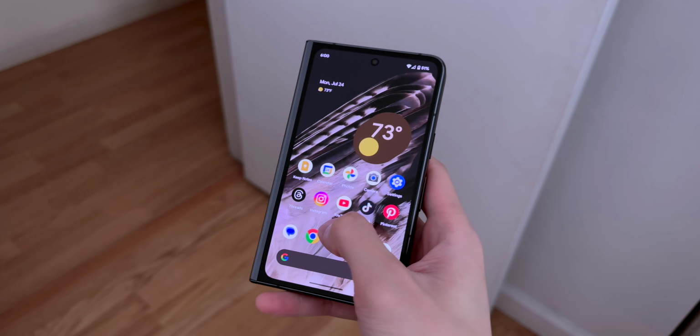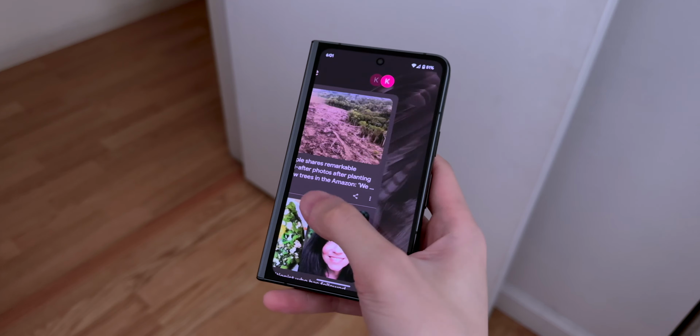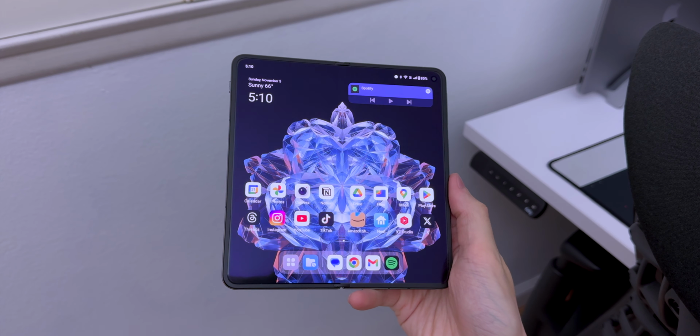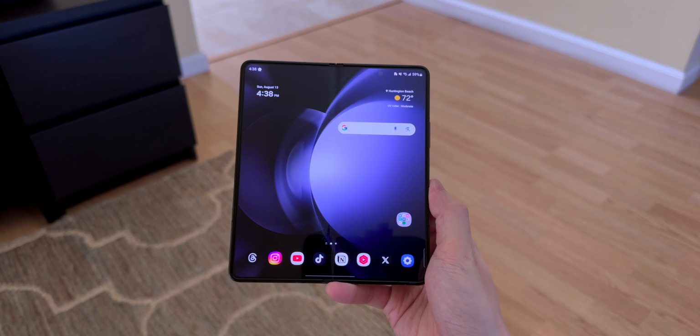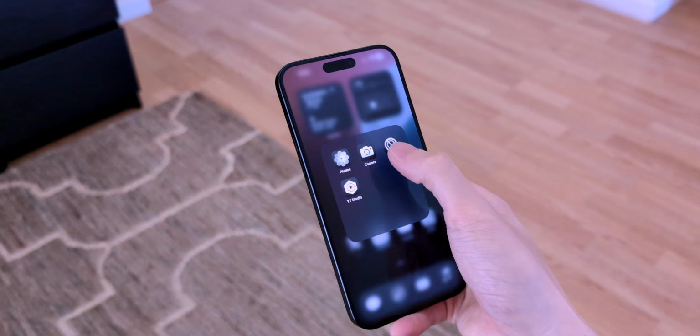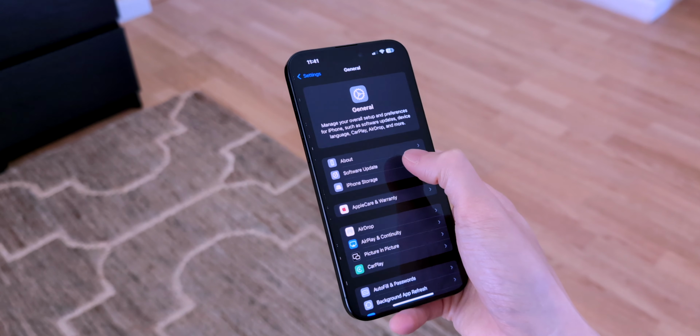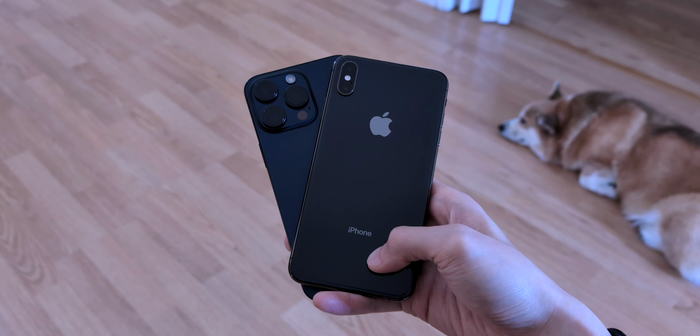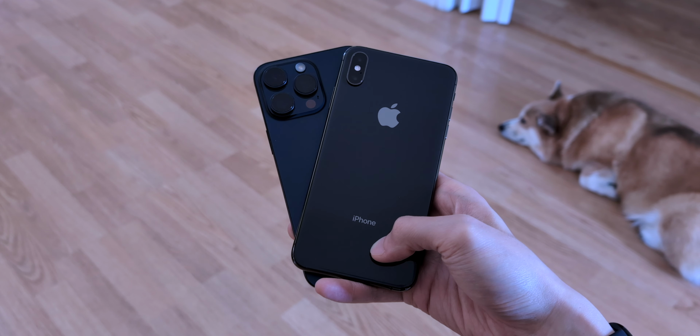iOS is slowly catching up to Android, but there are some features still missing like a 5-column view, more icon sizes, hiding app labels, and different shapes. iOS 18 is not stable enough to be a daily driver, but if you want to wait for the public beta next month and have an iPhone XS or newer, I'll leave a link to sign up in the description box below.